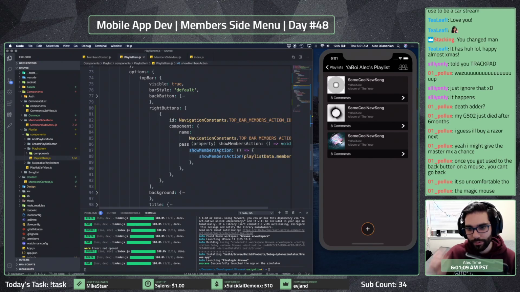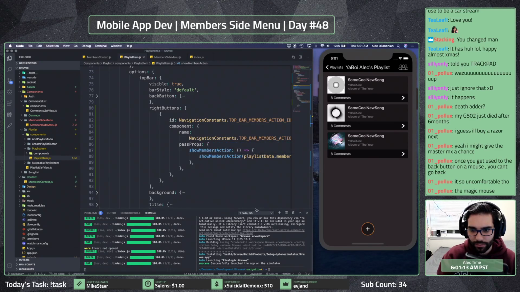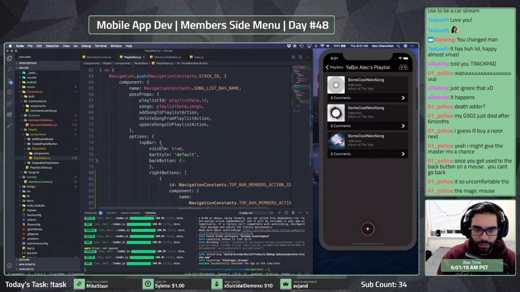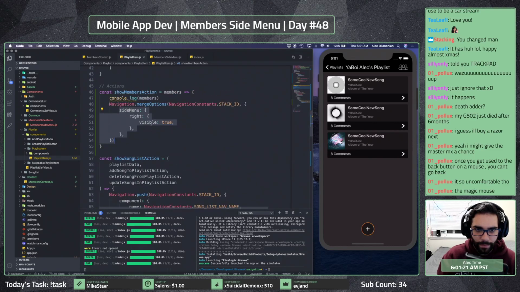Because I do have the show members action, and then show members action, playlist data. Yeah, and so at this point, it does pass along our members. That's what's currently being logged out, which is good. It's just we can't pass those props in there.